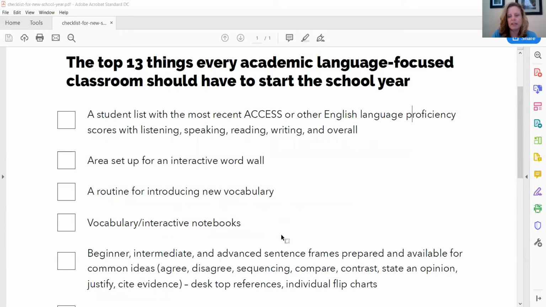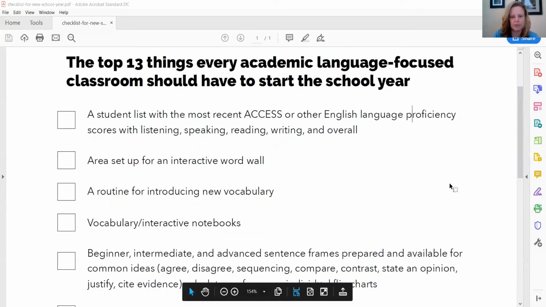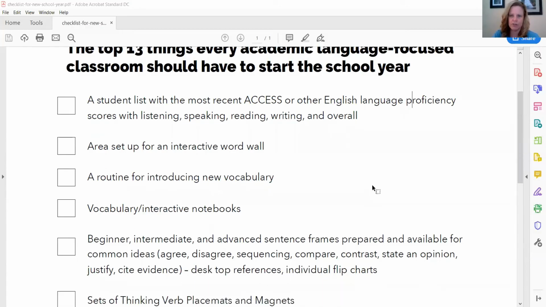So beginner, intermediate, and advanced sentence frames prepared and available for common ideas. If we are agreeing or disagreeing or comparing, contrasting, there are sentence frames and structures that we use all the time. Blank is like blank because, blank is different from blank because, and there are certain structures we always use. So if you think about a beginning sentence, an intermediate level sentence, and an advanced, more complex level sentence, for all of those different high frequency purposes or language functions, and you have those prepared ahead of time